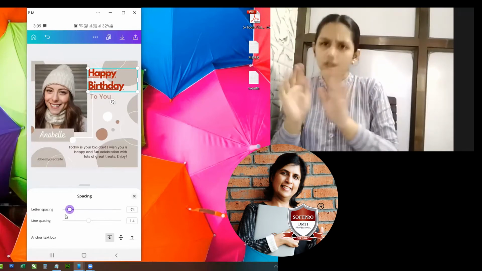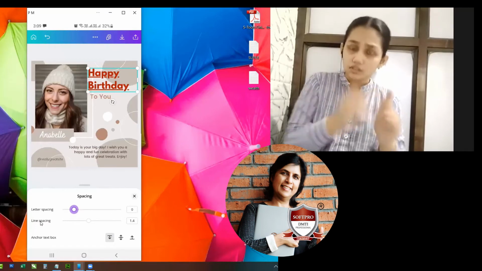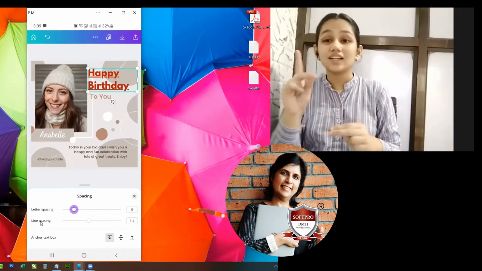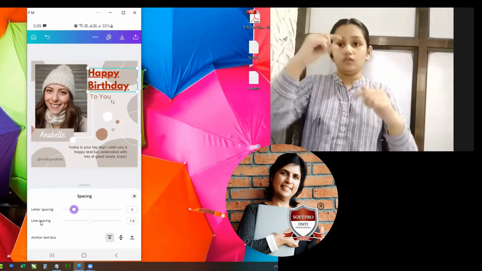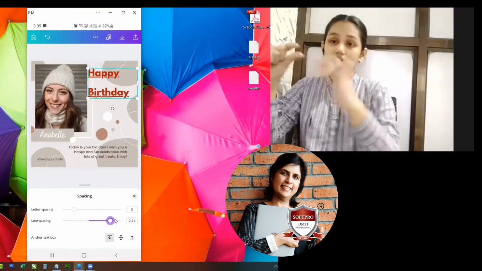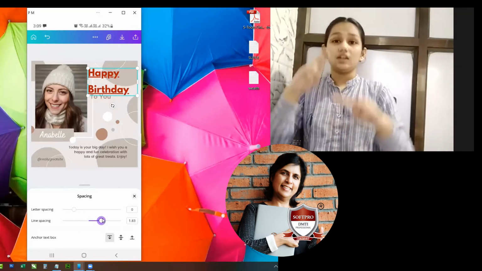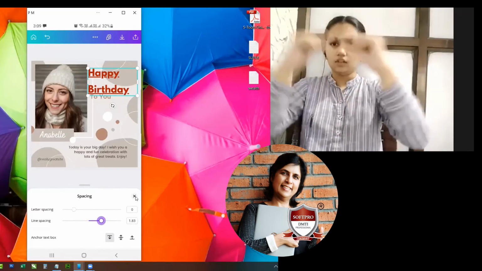The second thing is showing me line spacing. This means spacing between 2 lines. Correct? So here when I go, I am getting space between 2 lines. Correct? So this is my spacing command.